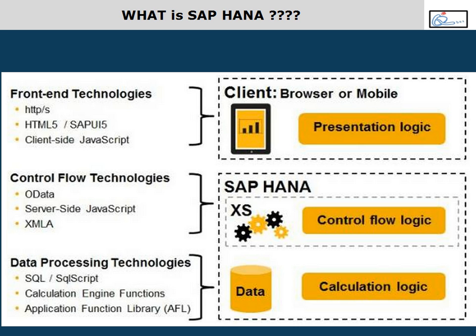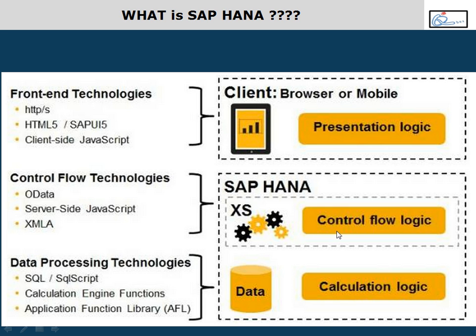But I need some middleware layer which can interface with the front end. Say you send a request from the front end, so there should be some service which can understand that request and redirect it to the database to execute that particular logic, right? That is what we call control flow logic. It's a very thin layer, not a big complex one. It's just to understand the request from the front end and redirect which logic to get executed.